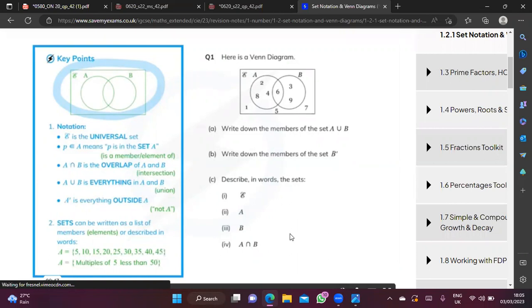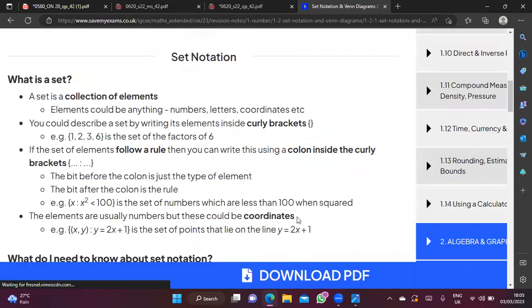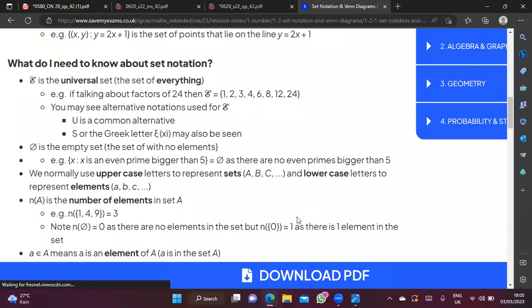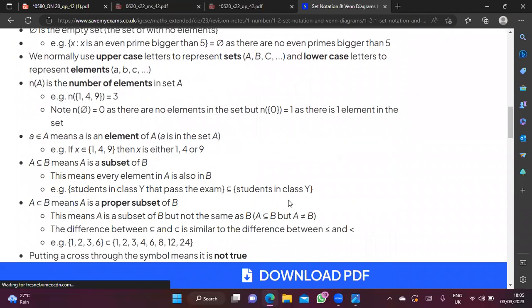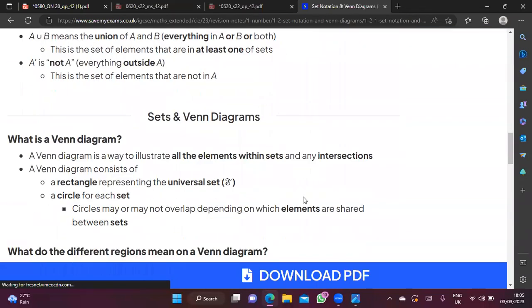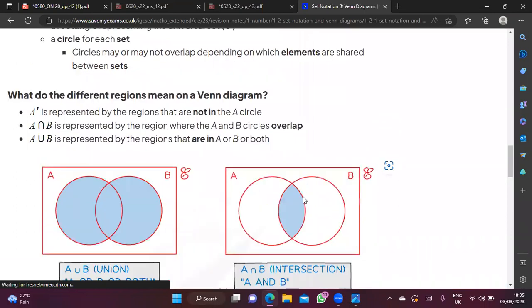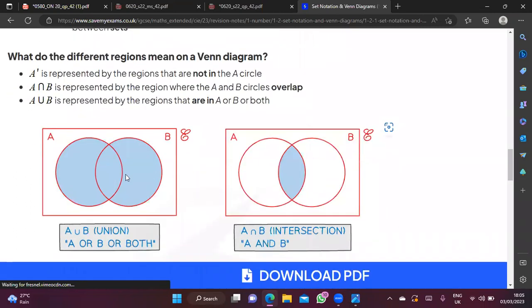you're supposed to know how to identify the region, yeah? So we have this example here. This is Save My Exams. You can look at any textbook, it would have this. So the next skill that you have to know is how to shade the region. Now, for example, A union B, you have to shade everything. Sometimes in the exam paper, I have seen a lot. Yeah, you have to shade it. So shade it. And then A,